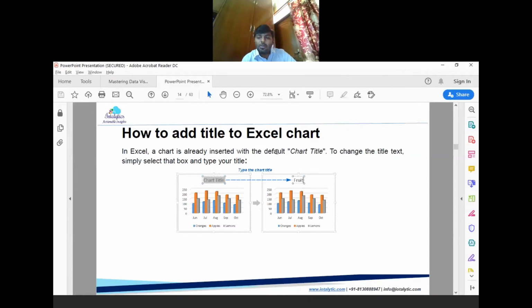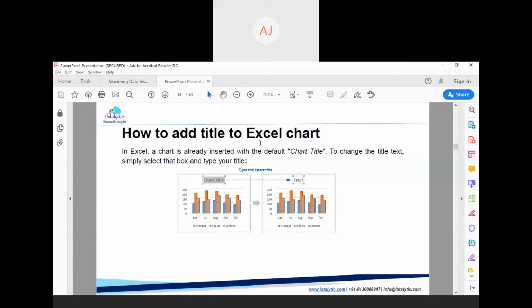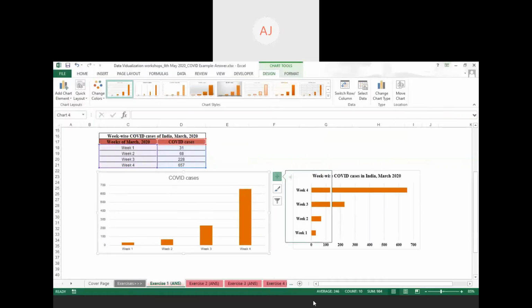I guess you all have attended the earlier day session. Sir told us that after making a very raw type of chart, we have to complete it with many kinds of elements. For example, by including the axis title, the chart title, the data labels, as well as the coloring and formatting. So I start with adding the chart title. That is very common. Once you are okay with the chart making, just click on the chart elements option. There is a plus sign on the top right side of your chart.